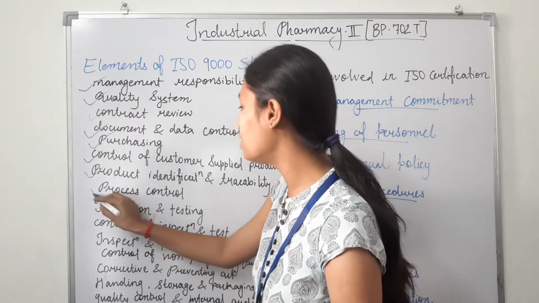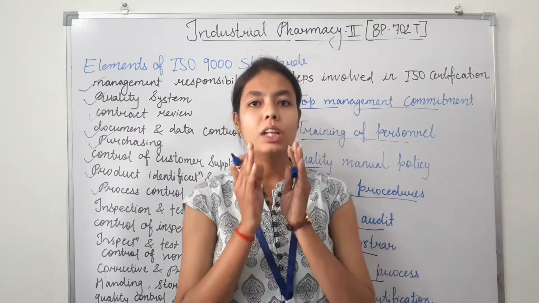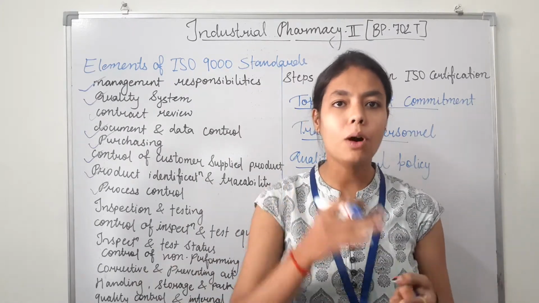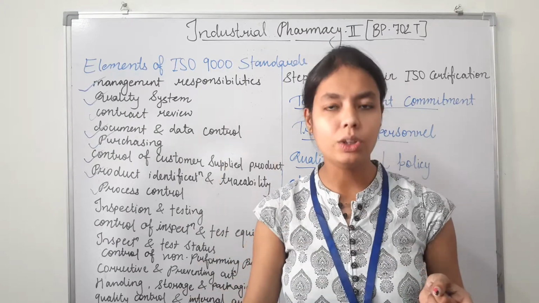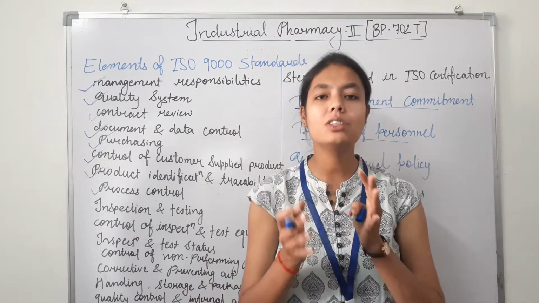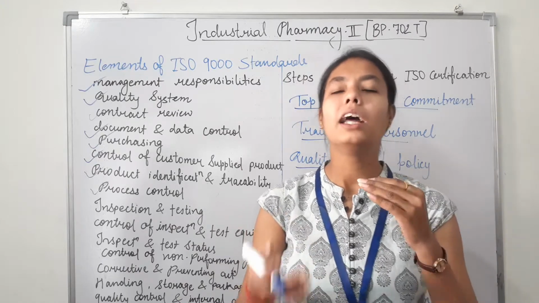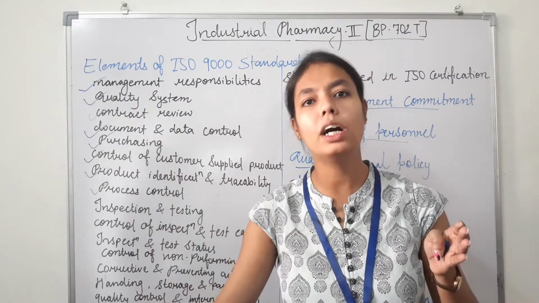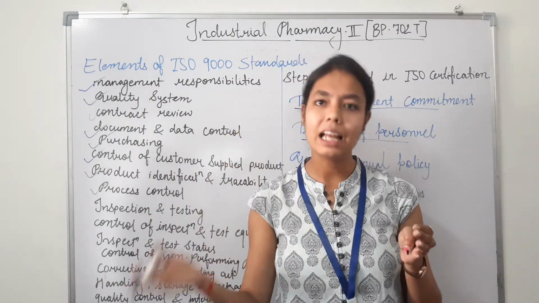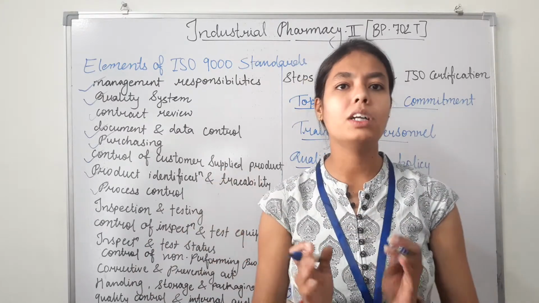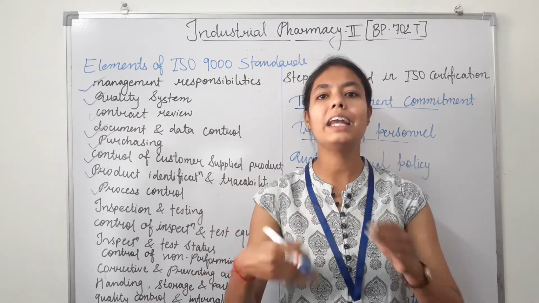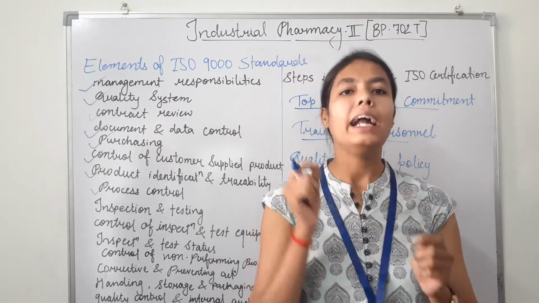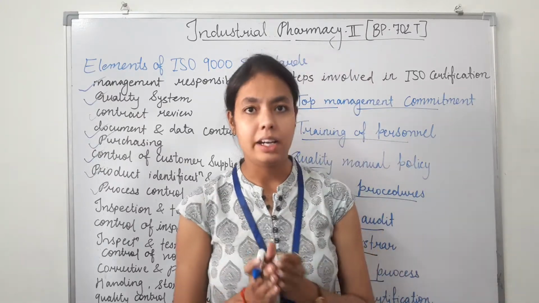If we talk about the next one, the process control. The company must be able to demonstrate that the overall process from sales right through the delivery to the end user is in control. This is all about the process control. That means the process must be driven in a controlled manner up to the delivery to the end users, for example to the customers. To ensure that a process is carried out in a controlled manner, the process must be well documented and the staff well trained.